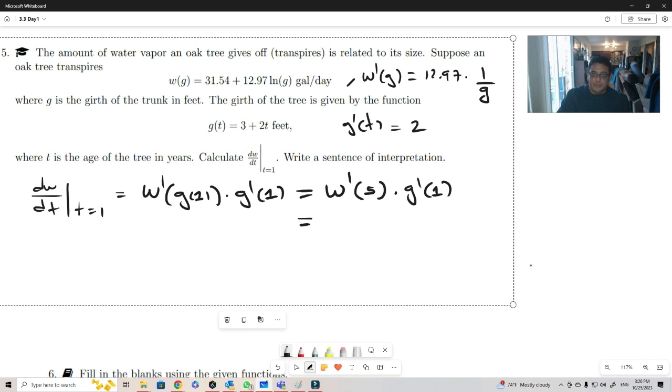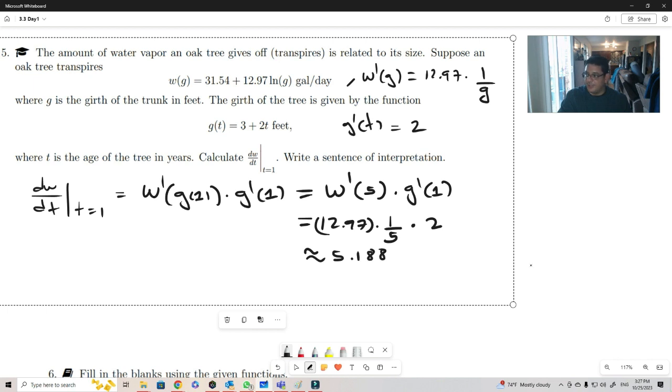And now what is W prime of 5? Notice that I just got a plug in here. And so that will be 12.87 times 1 over 5. And now let's find out what G prime of 1 is. So if G prime in general is 2, then G prime of 1 is just going to be 2 as well. And so at the end, when I multiply all these things together, this is going to be around